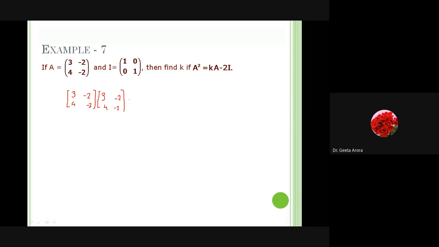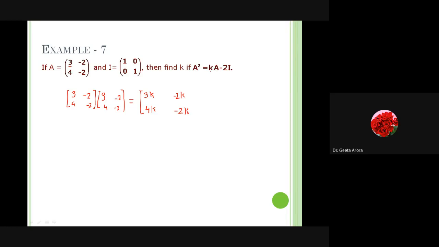And I'm doing it directly because it's not easy to write down here. So next is kA. kA means I'm going to multiply k with A. So if I write down k with A, if I directly do it, it becomes 3k, correct? 3k, and then minus of 2k, then we have 4k. I have written directly k into A, right? And minus of 2k. This is what we have seen in scalar multiplication. The number should be multiplied with each and every element of the matrix.